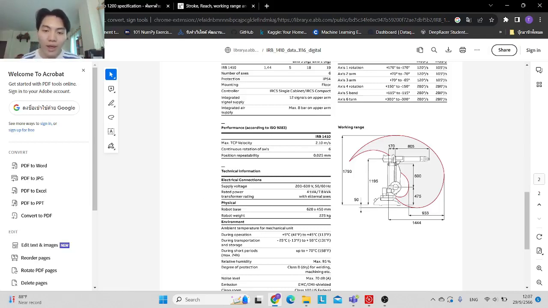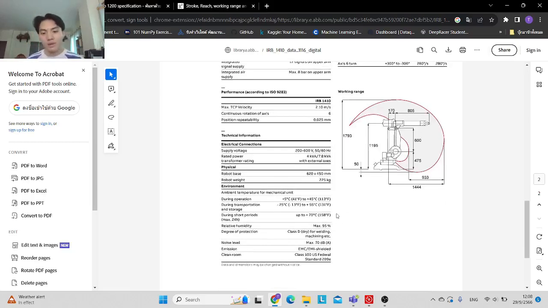Rated power is 5 kilowatts. The maximum payload is a very important thing that you have to consider before you apply it to the application. The maximum payload is 5 kilograms, and the stroke is the maximum of the working range. It's 933